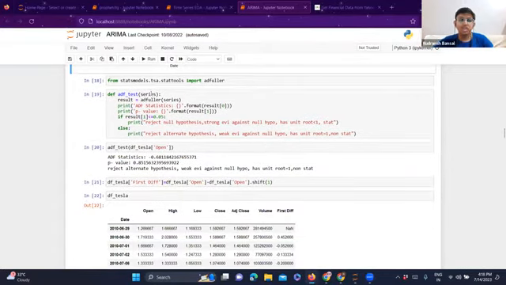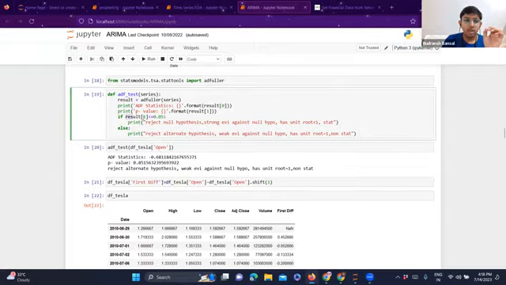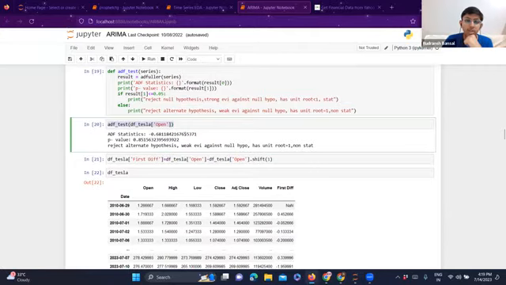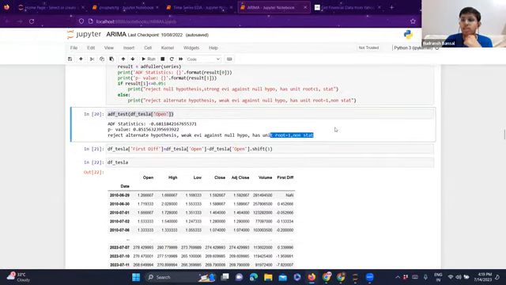So this is the Dickey-Fuller test. As I told you, we are applying the ARIMA model, and ARIMA can only be applied on data which is stationary. So for stationarity, we can have three things. As I told you, we check it visually, a local global test, and the Dickey-Fuller test. So in the Dickey-Fuller test, we have the p-value, result 1. Result is an array, and at index 1, we have the p-value. If the p-value is less than 0.05, we reject the null hypothesis, and we say it is stationary. So when we applied it on open, we are predicting on open, we find that the data is non-stationary.